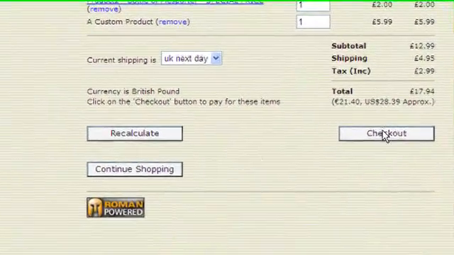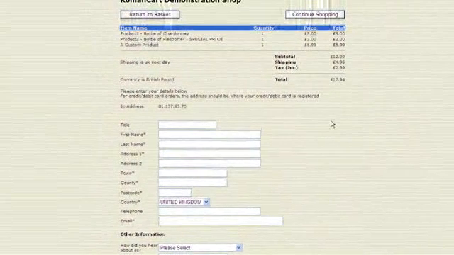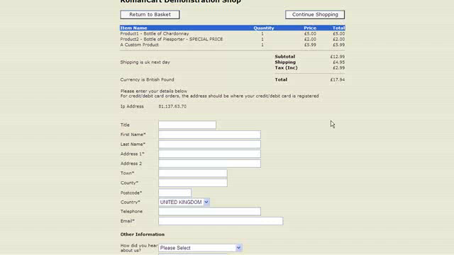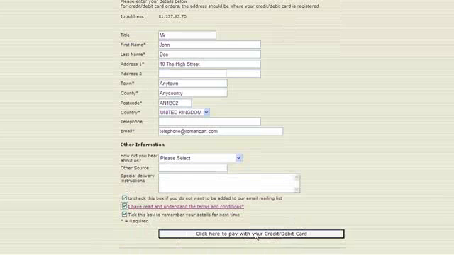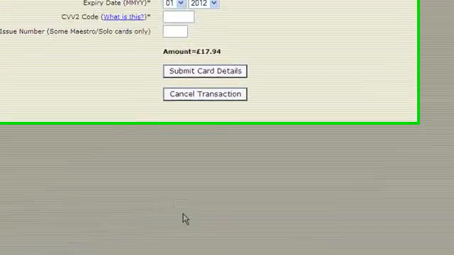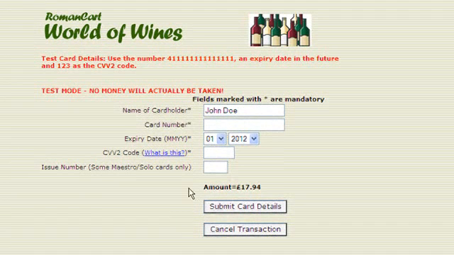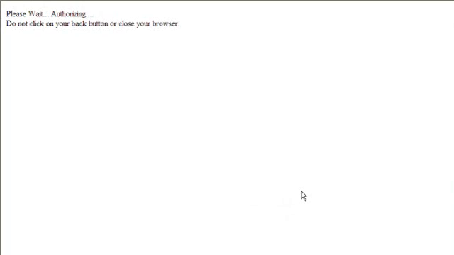And so you click on checkout here, and now you can enter the customer details in the normal way that you would do on the checkout. And then you can click on the button at the bottom to pay with the credit debit card or whatever payment method that you've got set up. In this case, this is using Roman Pay. If I just enter the card details here, click on submit card details, then you'll see that the transaction gets processed,